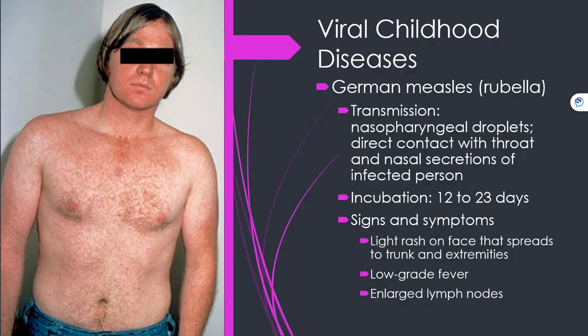German measles, also known as rubella, is a viral infection that causes a red rash on the body. Aside from the rash, people with German measles usually have a fever and swollen lymph nodes. The infection can spread from person to person through contact with droplets from an infected person's sneeze or cough. This means that you can get German measles if you touch your mouth, nose, or eyes after touching something that droplets from an infected person have on it.